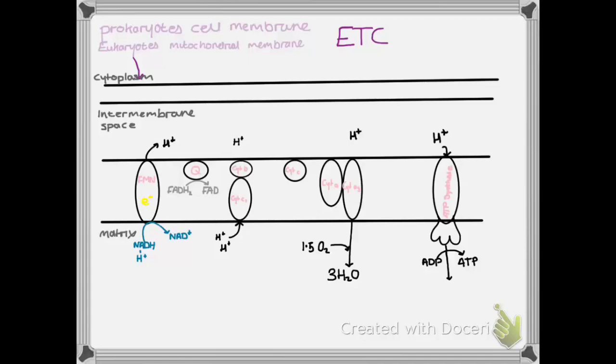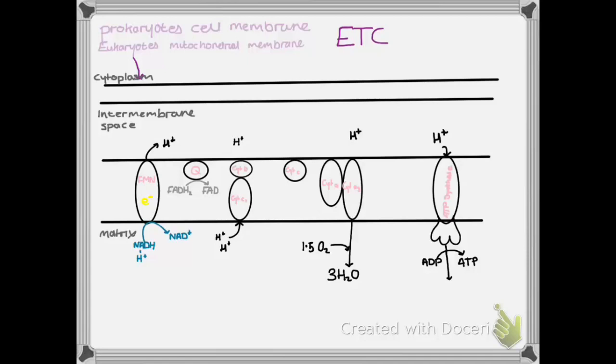Final step is the electron transport chain. This occurs in the mitochondrial membrane of eukaryotes, but occurs just in the normal membrane of prokaryotes because mitochondria were once prokaryotes. This works off a basis of redox reactions, but first off you have NADH being oxidised into NAD+ because it's donating its electrons to a